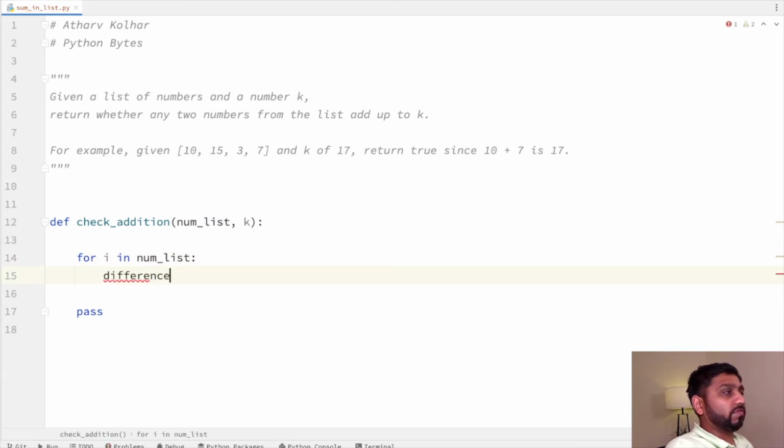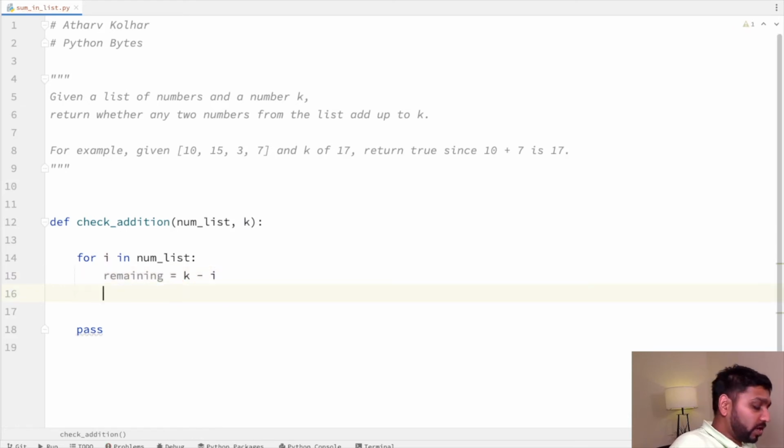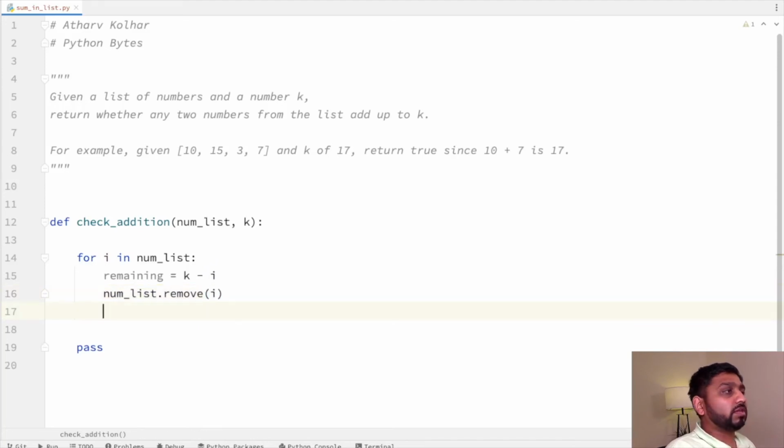Or maybe we can say remaining rather than difference. So k minus I is going to be remaining. And over here we are going to do one step: as we have seen, we are going to remove that element which we subtracted from k. So we remove from numList dot remove, and I. Because it's in place, we do not have to store the value; numList itself will be modified. Then we check if remaining in numList,